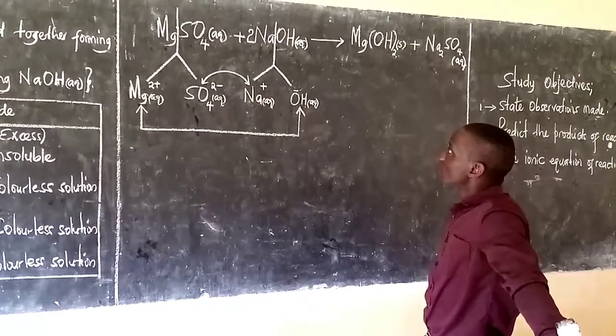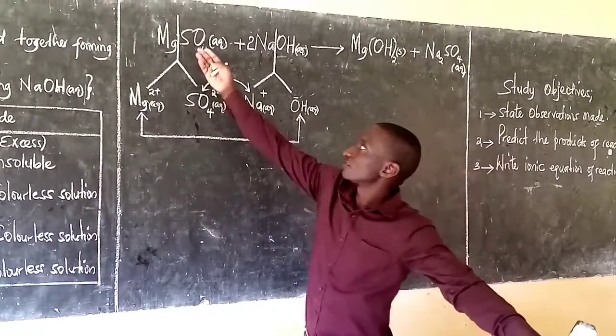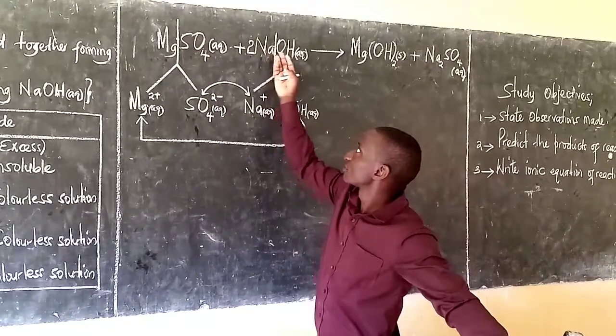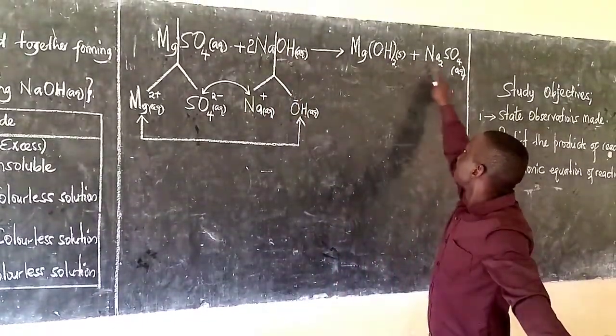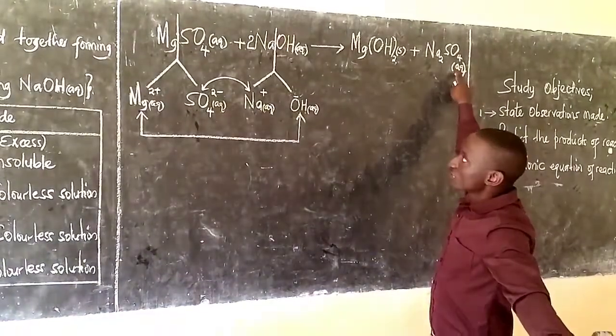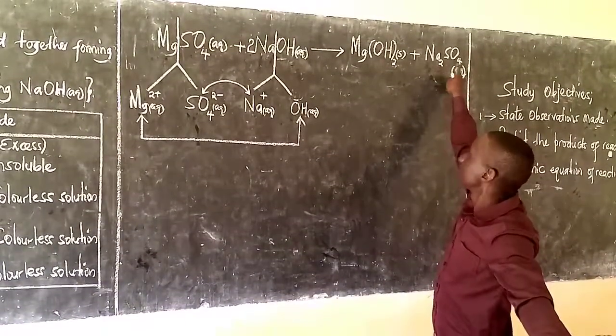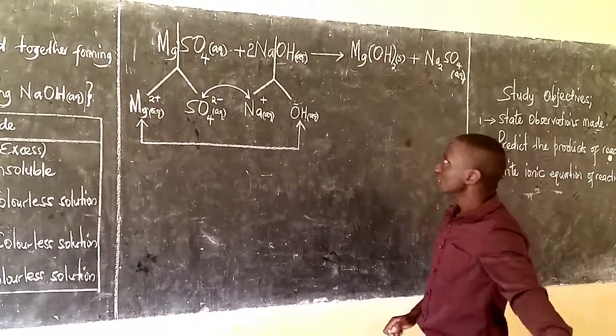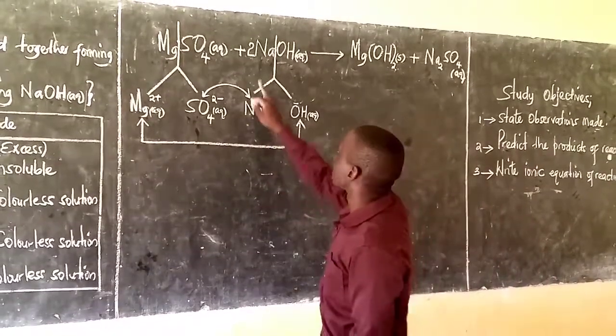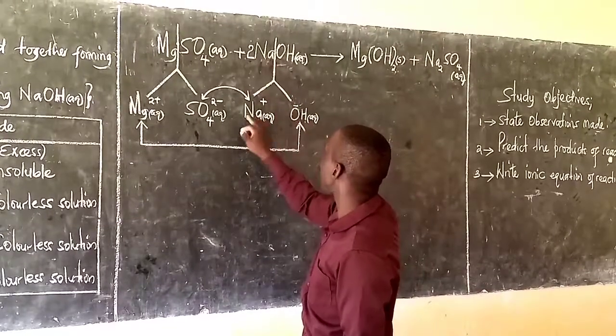So from this, someone must be able to know that I'll have this separated to ions, I'll have this separated to ions. This one will not separate into ions, but this last one will separate into ions to give us the sodium ions and then the sulfate ions. And because of the balancing, someone can therefore bring how, if 2 is here, it means these sodium atoms